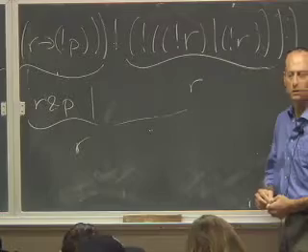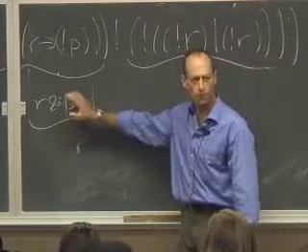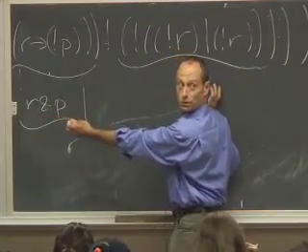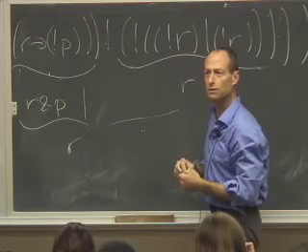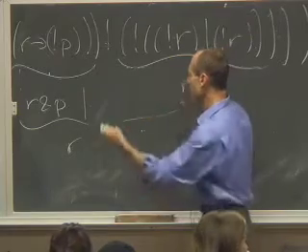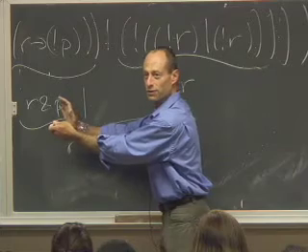I would have done R and P in some ways. I don't know why. Well, okay, R and P is only true if R and P are both true. But this thing is true even if P is false, as long as R is true. Why can't it also reduce to R and P? Because this is true even if P is false, but R and P is not true if P is false.